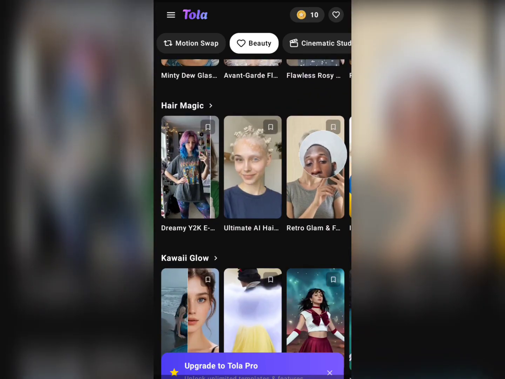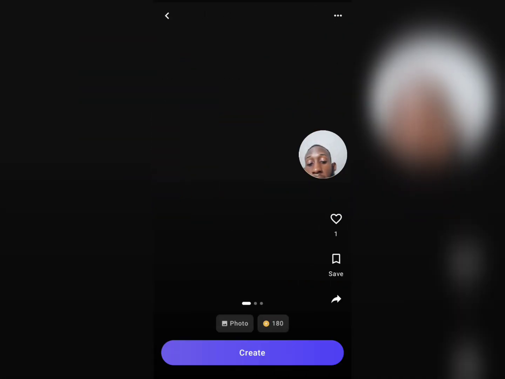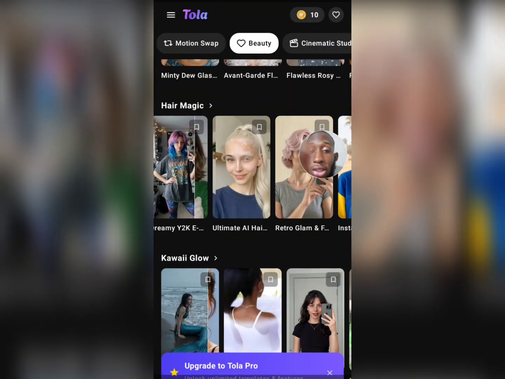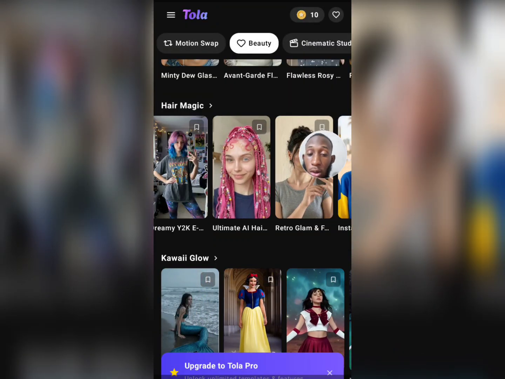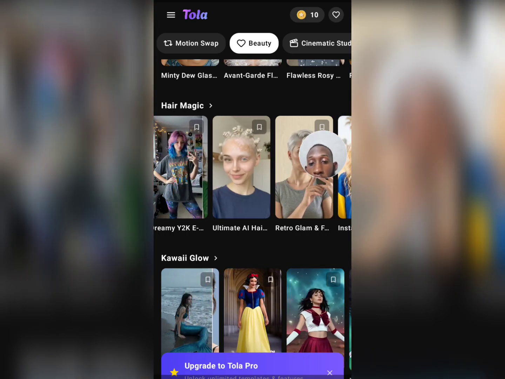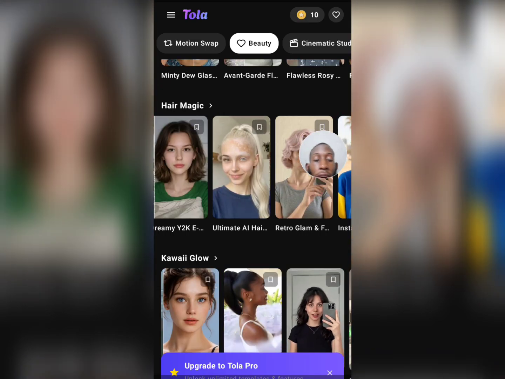So let's say, for example, this one here, one of the top ones on the template I would like to use. As you can see here, it will take a while to load because of my internet connection. It's moving a bit slow. Here, as you can see, I'll have to just tap on create, but do keep in mind this application here is not free, so you're gonna need a subscription to be able to use, if not all of these